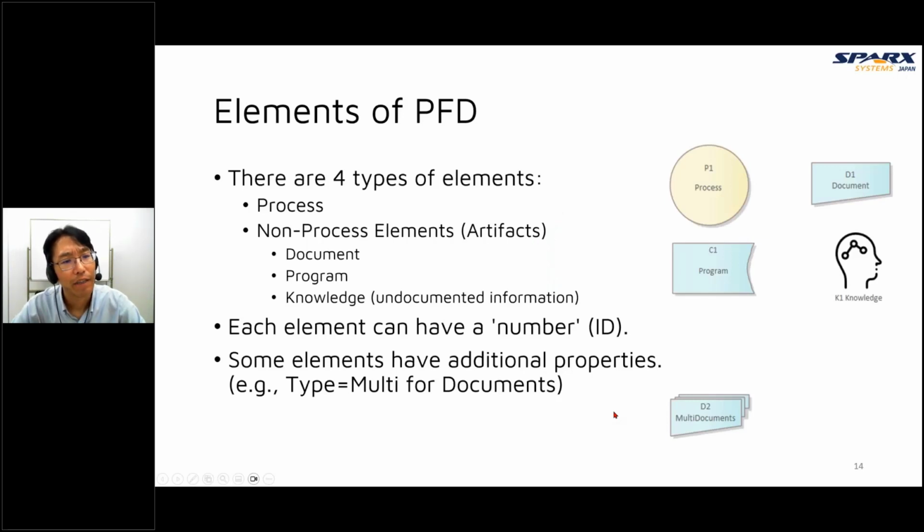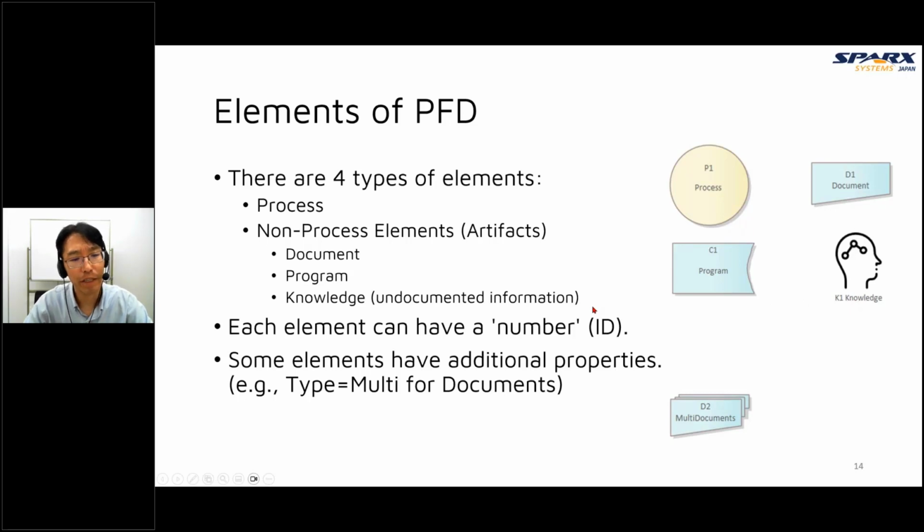Now, I'll tell you the specification of the process flow diagram. First, elements. There are only 4 types of elements. One is a process, shown with a circle icon. The other 3 elements are artifacts: document, program, and knowledge.